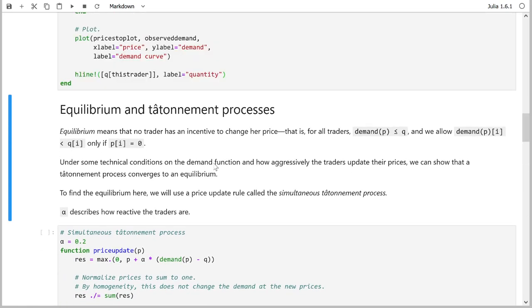In part 2 of this tutorial, I'm going to teach you how to find the equilibrium of this kind of market using the tâtonnement process. I'm going to put that in a